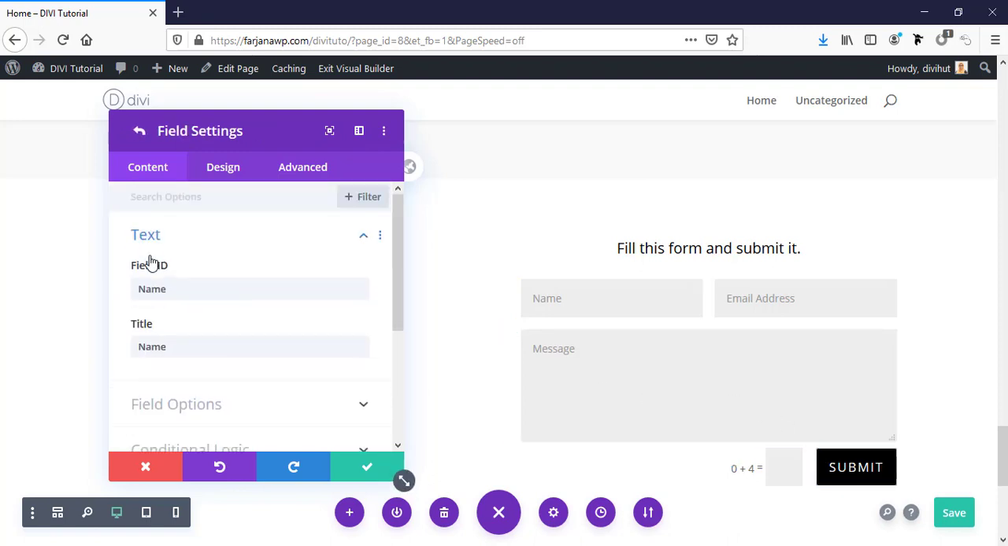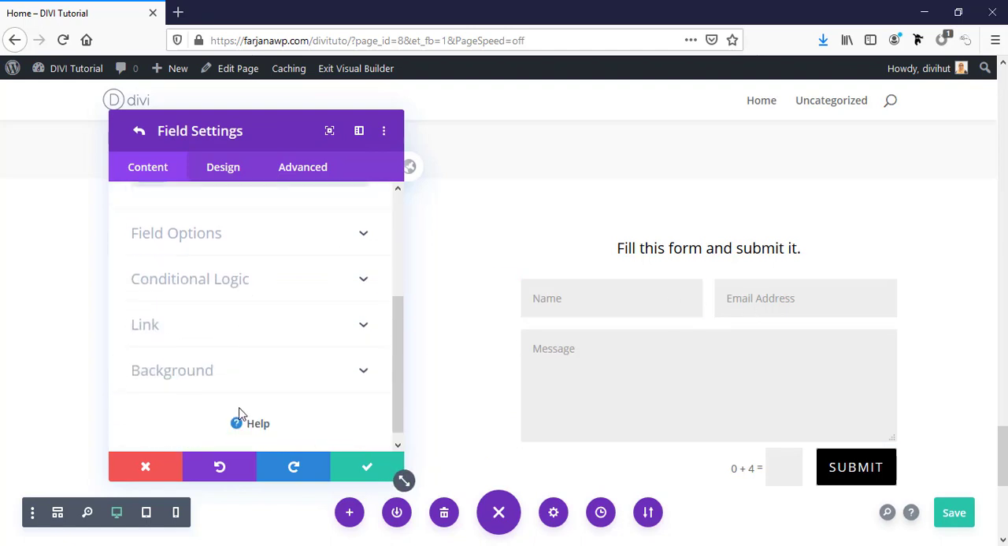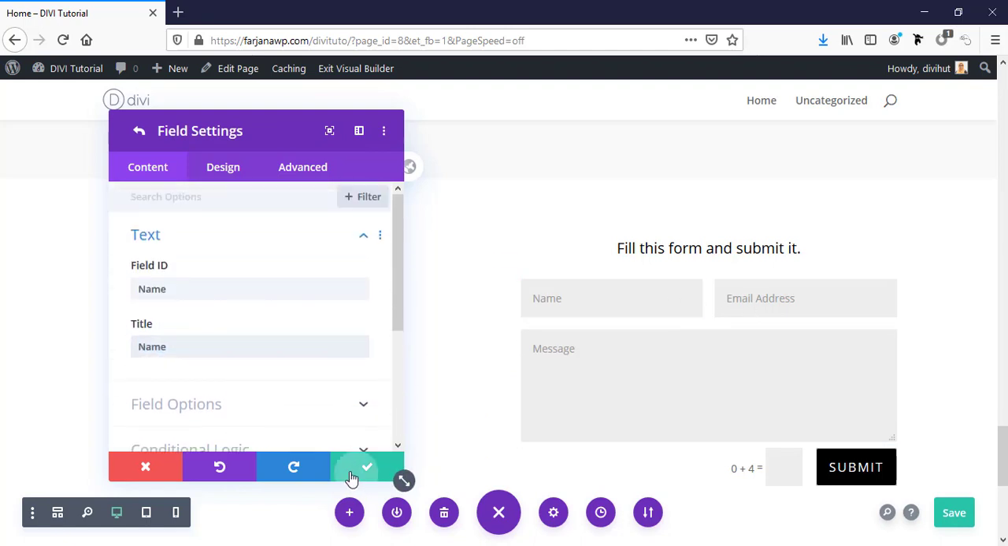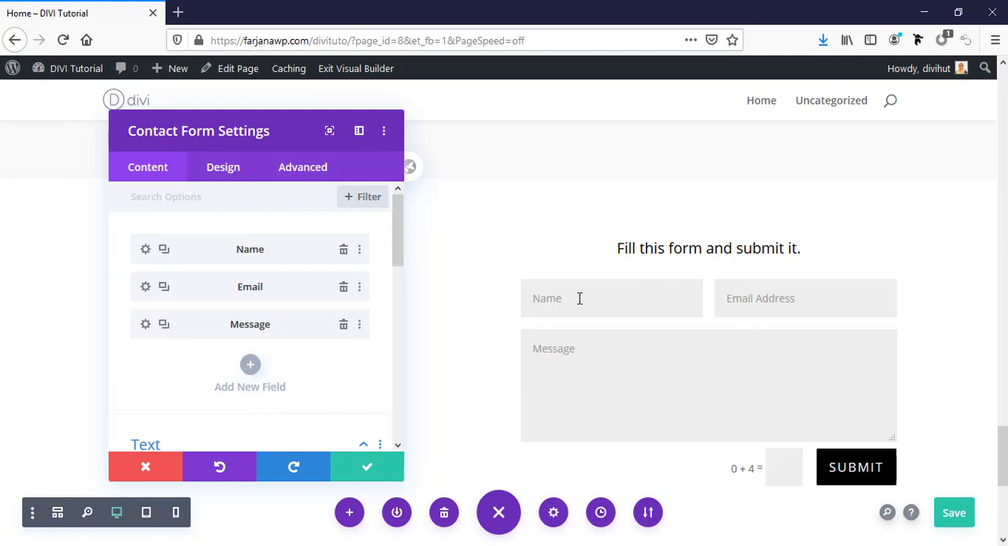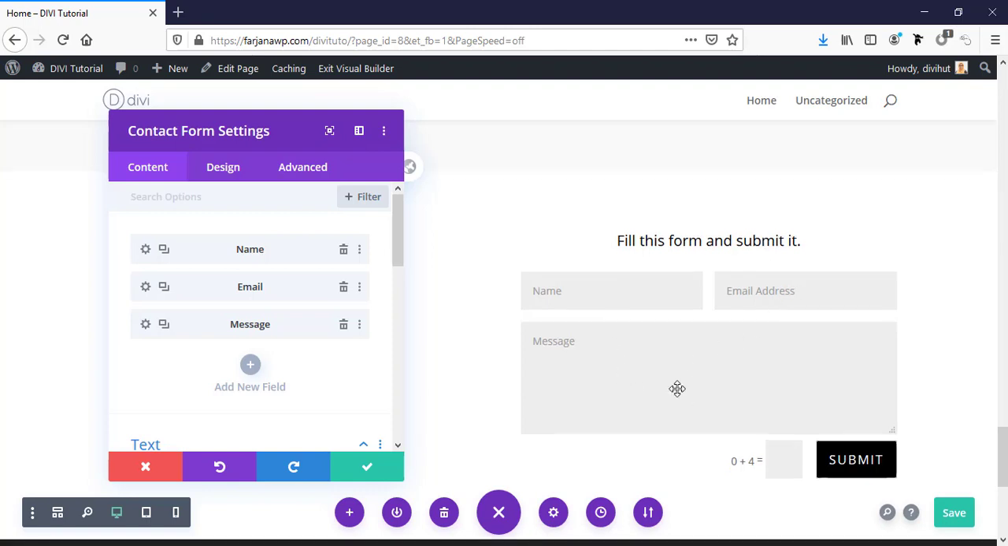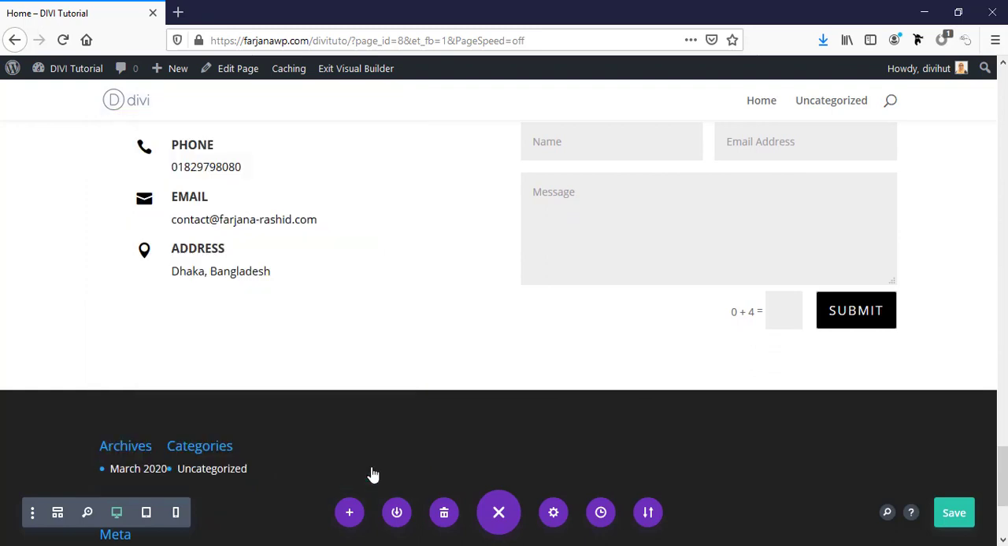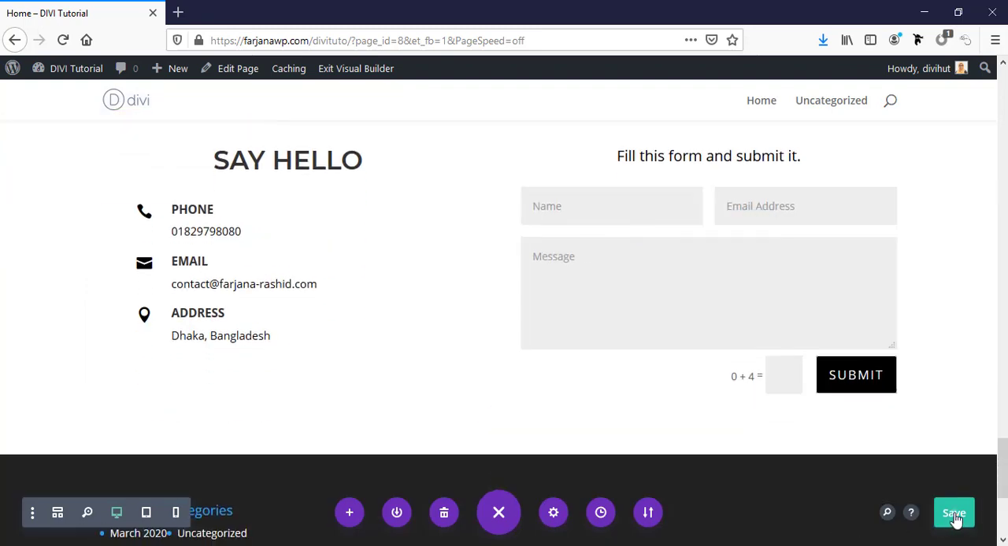From here we can also change title, name, email address, and we can also style each form, text style, field style. So by default it's okay, I need not do so much customization for this form. I'm leaving it as it is. I'm going to save this page,